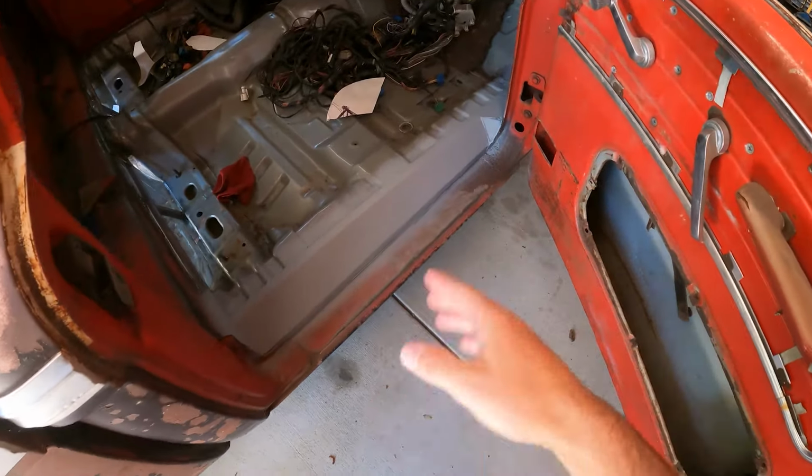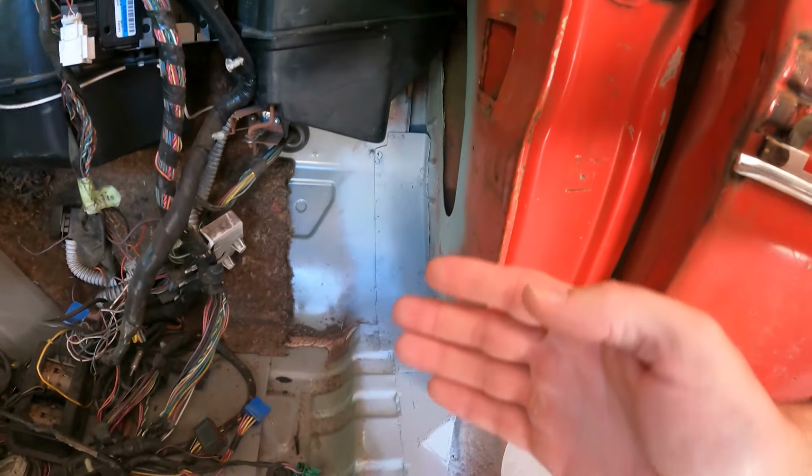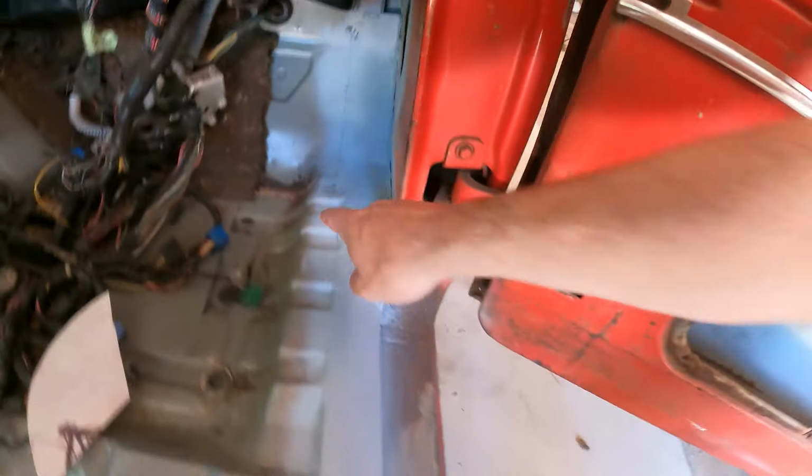after I welded all that, smoothed it, went back and primed it. Primed in there. Obviously, like I said a million times, we will go back with some seam sealer and seam